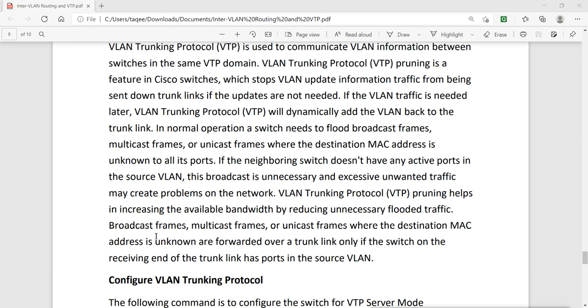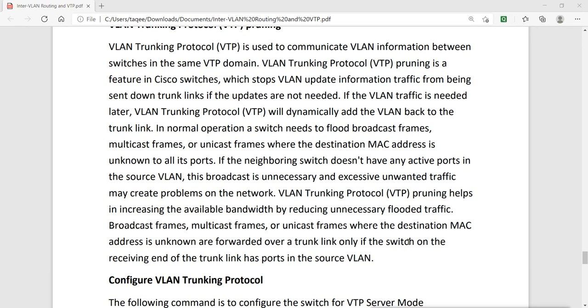Now those 3 VLANs will be created on all the 10 clients. But for VLAN number 3, we have not added any port into that VLAN on switch number 10. So it is not necessary to send any data for that VLAN to that switch. So it will not generate unnecessary traffic.